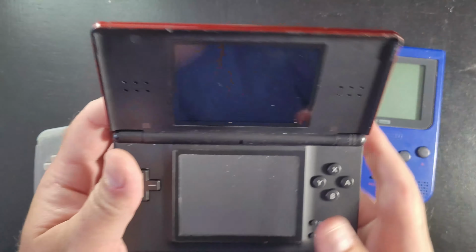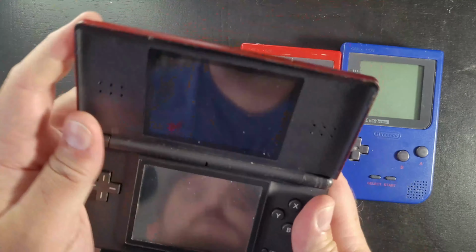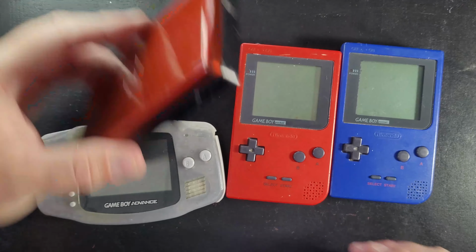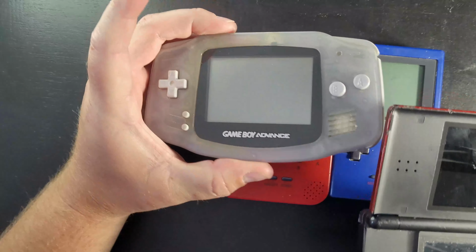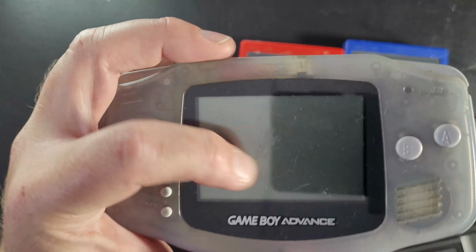But I paid 25 bucks, and he gave me an R4 card with it and a charger. This one, I didn't get it for more than 20 bucks, so it's in pretty okay condition. The screen is what I always look for. This screen is pretty scratched up on this DMG, but we're going to reshell this anyways and give it a